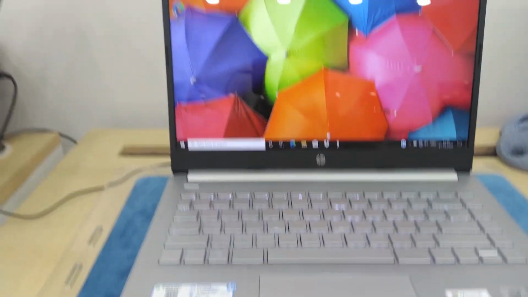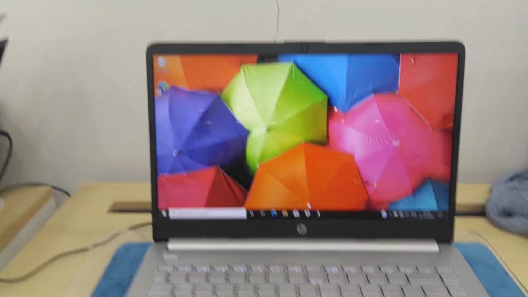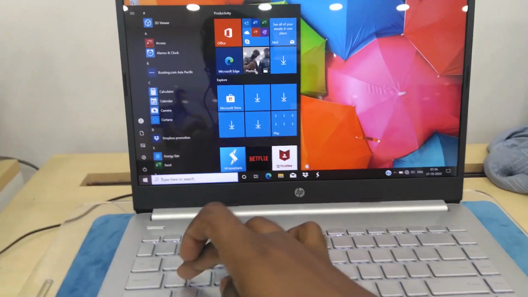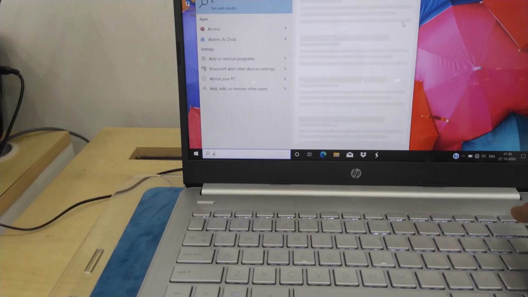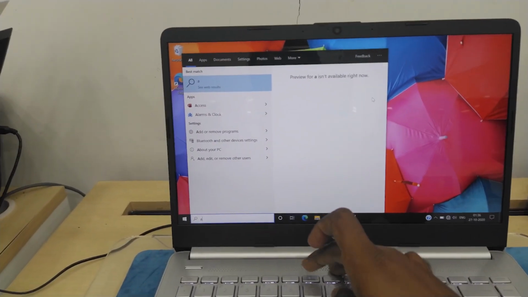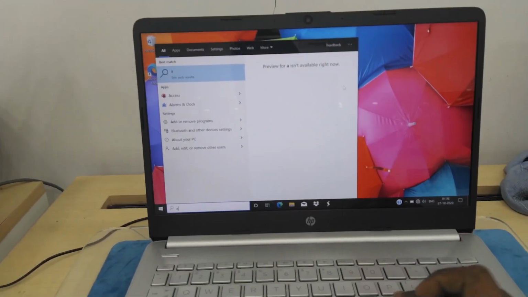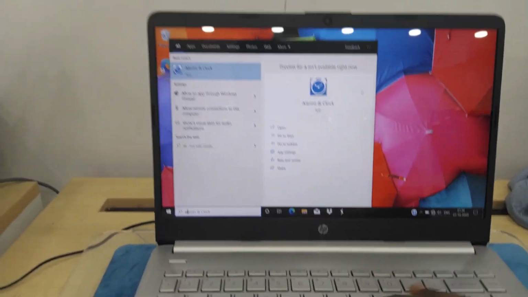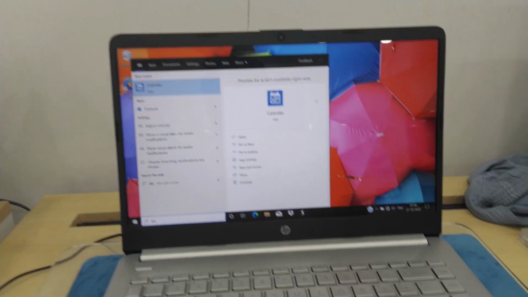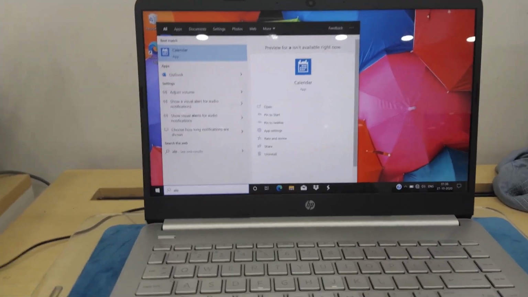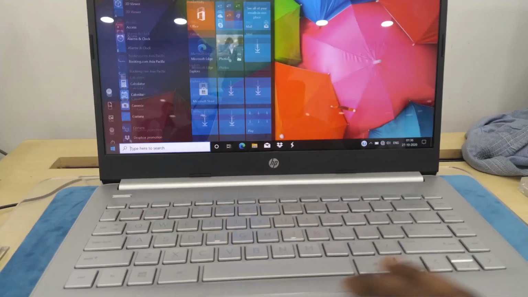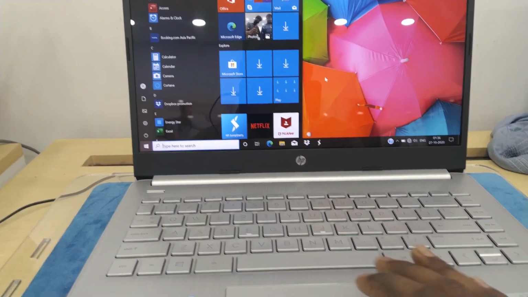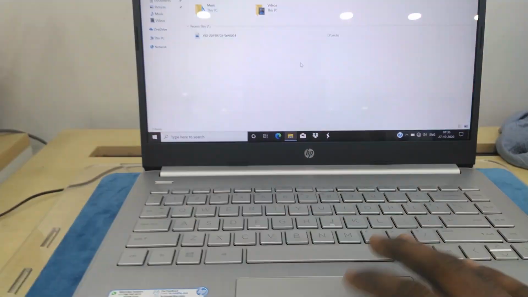And one more disadvantage is Alexa. Obviously this is 10th generation, and everyone knows that in 10th generation Alexa comes inbuilt, but in this model Alexa has been missing. So that is one more disadvantage, guys.